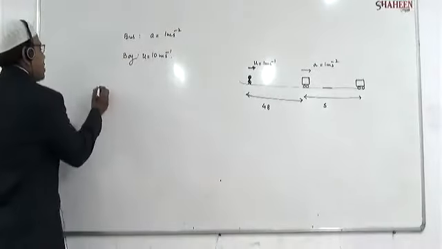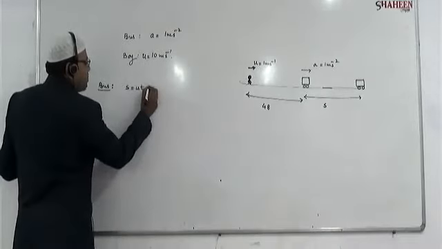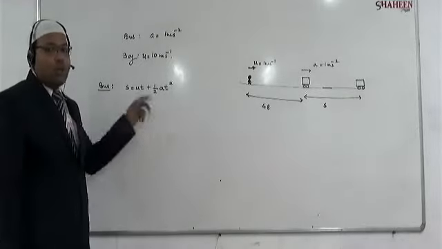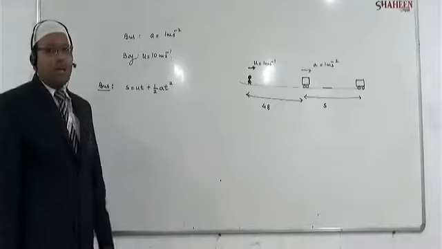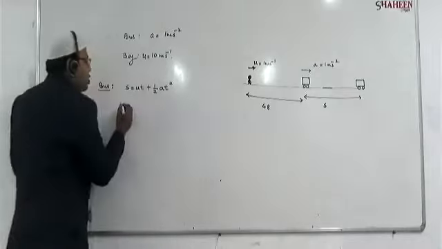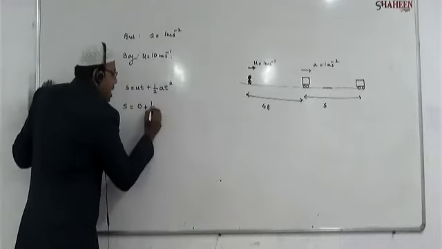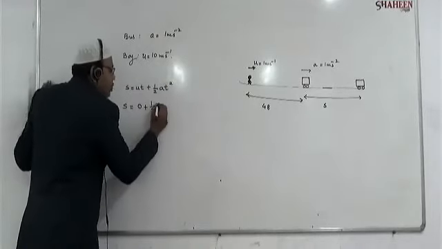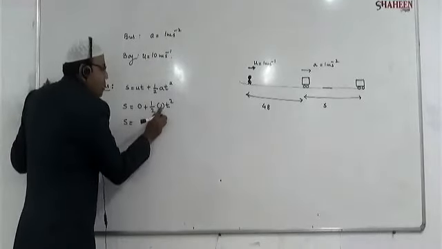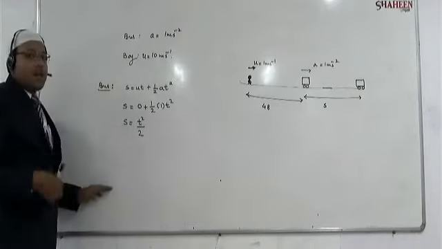तो बेटा बस के लिए इक्वेशन लिख रहा हूं, जरा अच्छे से देख लीजिए. For the bus, the equation I am writing is s equals ut plus half at square. Our question is how much time will this boy take to catch the bus. तो देखिए s equals ut plus half at square I'm applying. So what is s, beta, what is the distance? This is for the bus, so the bus is traveling a distance s only. It is starting from rest, so initial velocity is 0, plus half. What is the acceleration of the bus, beta? Acceleration of the bus is 1, and this is t square. So s equals 1 into 1 into t square by 2, that is t square by 2. So this much is the distance traveled by the bus.